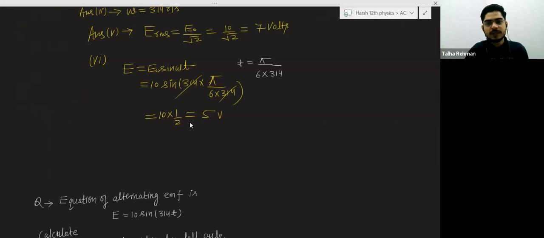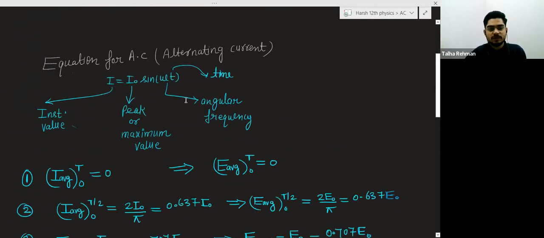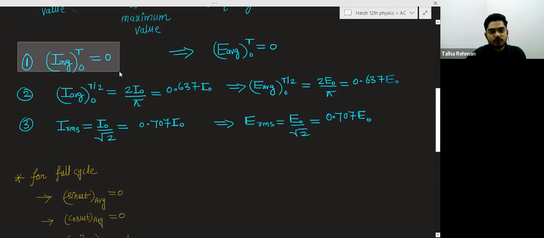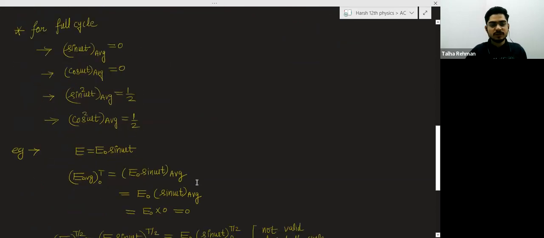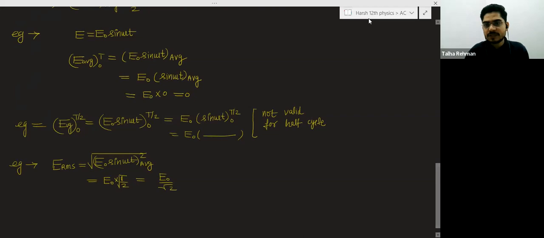And after that, the equation of the alternating current. The average value of the current is 0, and these things I have told you, and I have also told you shortcuts, how to use these shortcuts. So today we will discuss